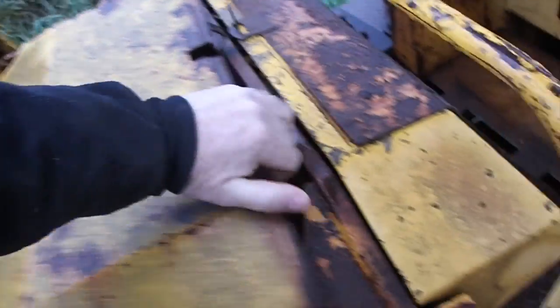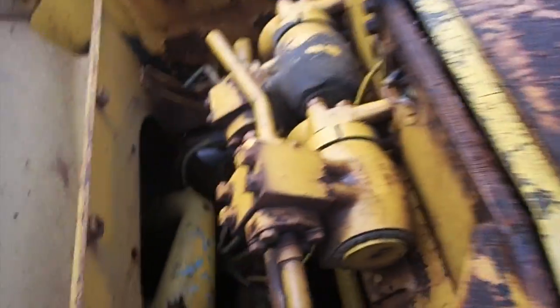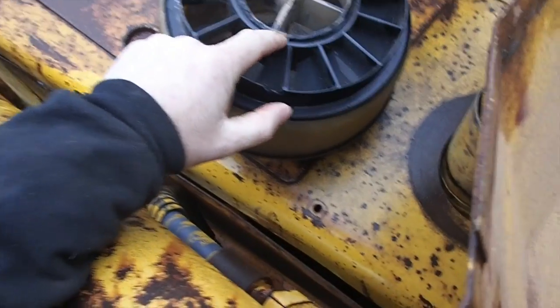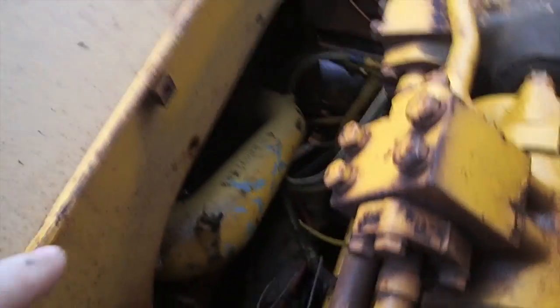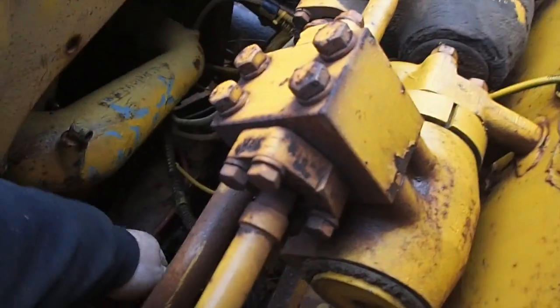Well, the fact of the matter is the damn thing is seized up, and it's not very good that it's, oh shit, look at that. It wouldn't surprise me if that thing was not on there. But anyways, it was left open and water ran down in there and it seized up that engine. So,